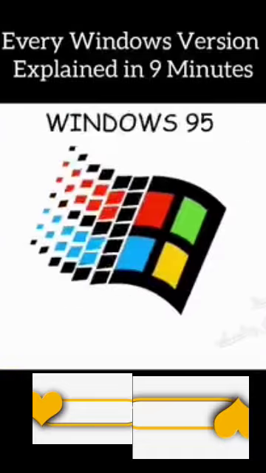Windows 95. Windows 95 was released in 1995 and considered to be the first Windows with